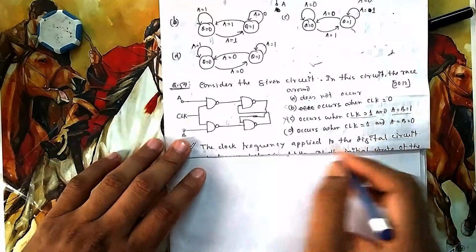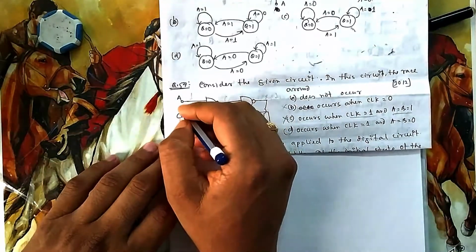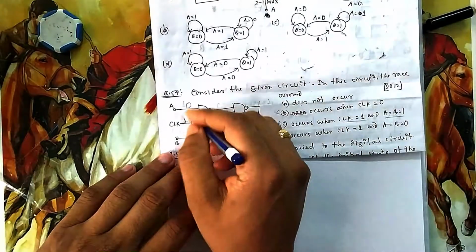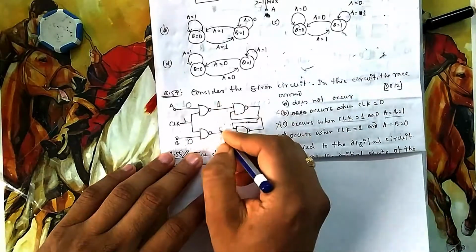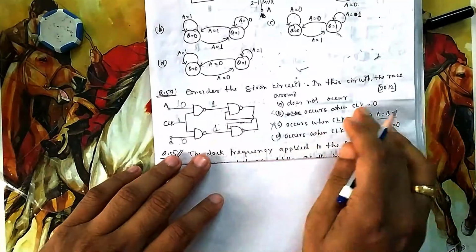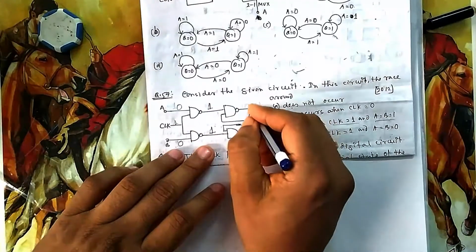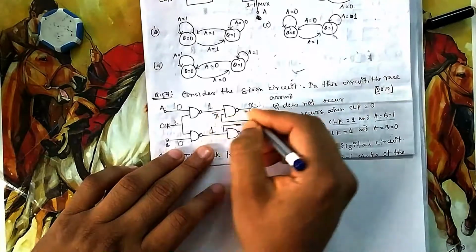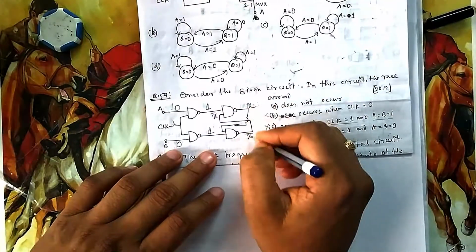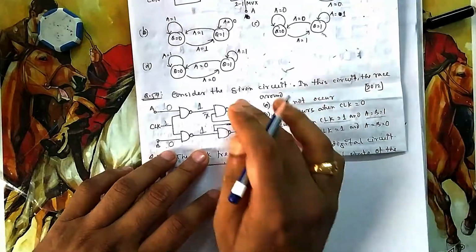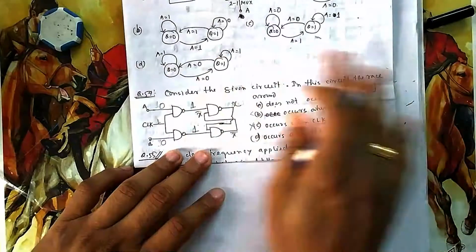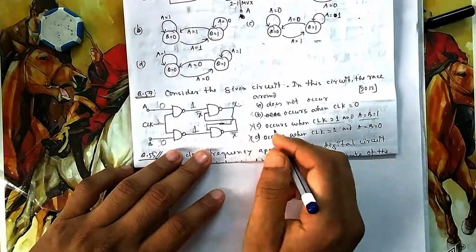So if you come to the last option, that is D, it occurs when clock is 1, this is 1 and these two are 0, 0. This one we have already discussed. Because it is 0, 0 into something is 0, so this will be 1. This is the first case, when this one is 0, these two are 1. And when was the case? This was X, so X was coming, so this was X bar. So X bar was going here. So 1 into X bar, so it is X. Whatever X, this can take any 1 0 or 0 1, but it will be a stable state, it will not change continuously. So obviously you can see there is no race around condition, it doesn't occur.